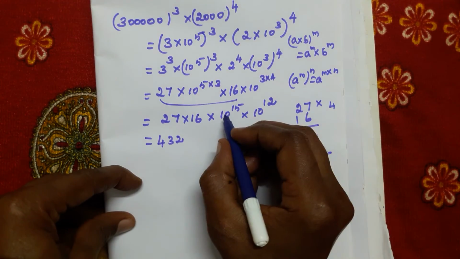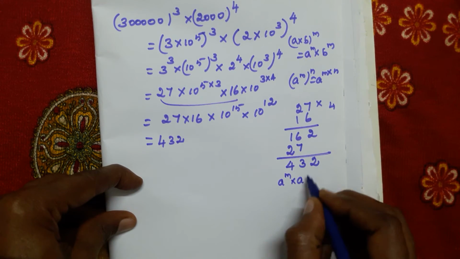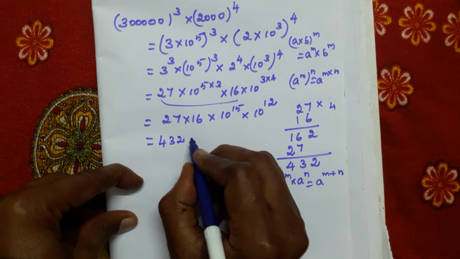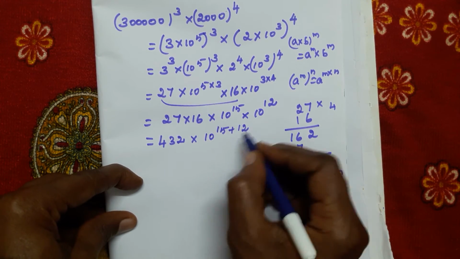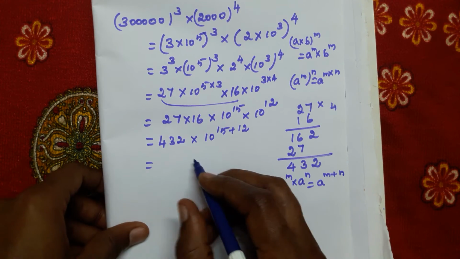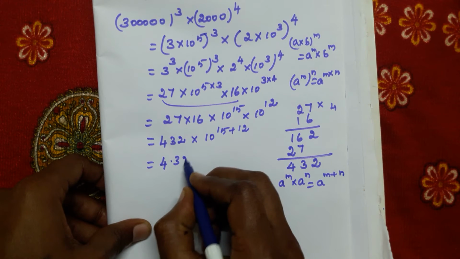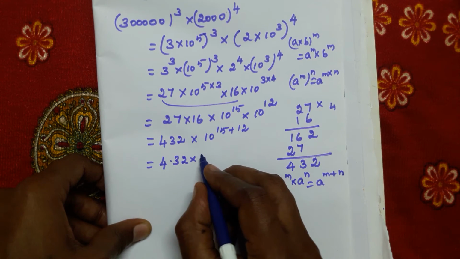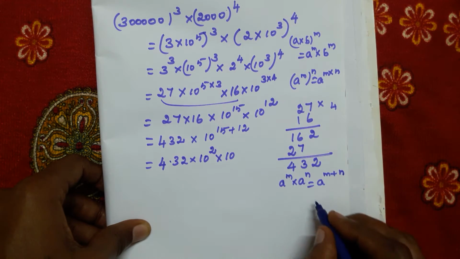Here the base is the same, the power is different. So, a power m into a power n is equal to a power m plus n. So when we are using that, 10 power 15 plus 12. Is it in scientific notation? No. When we are writing in scientific notation, what are we getting? 4.32 into, how many digits did we move the decimal point? 2 digits left. So 10 power 2 into 10 power 15 plus 12 means